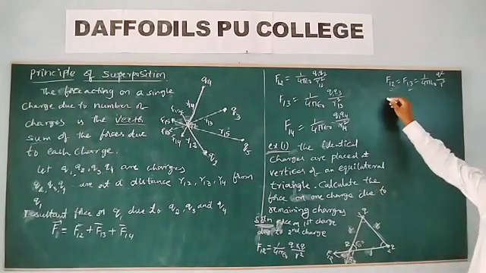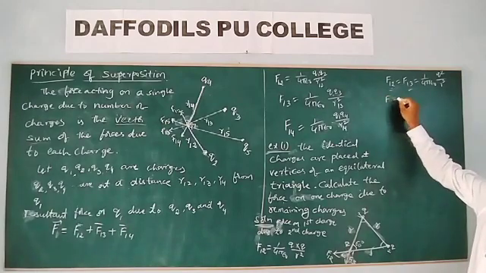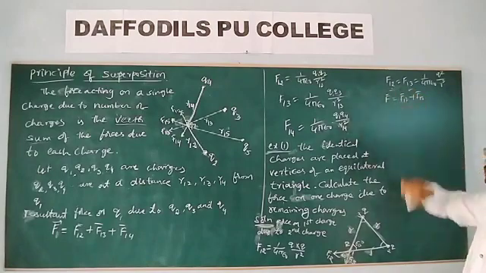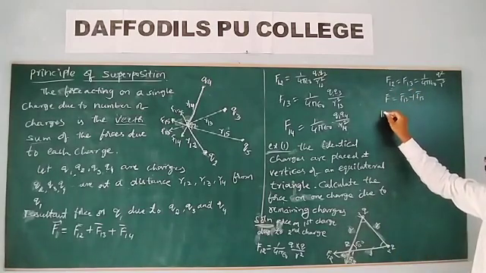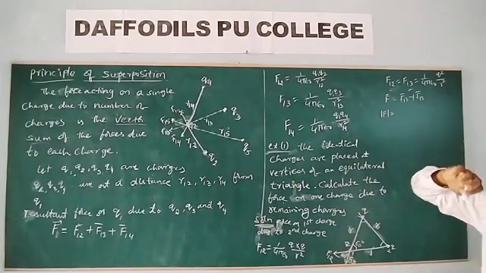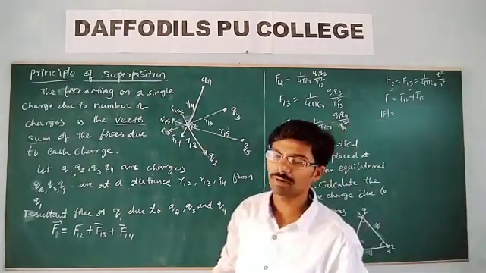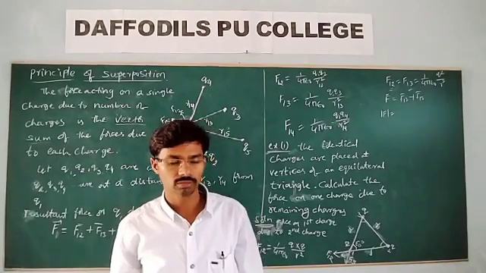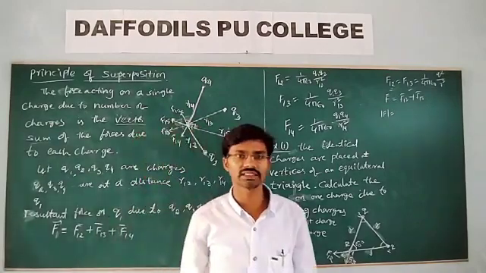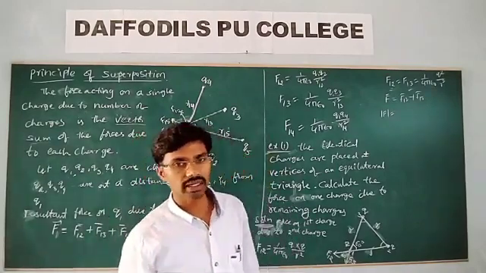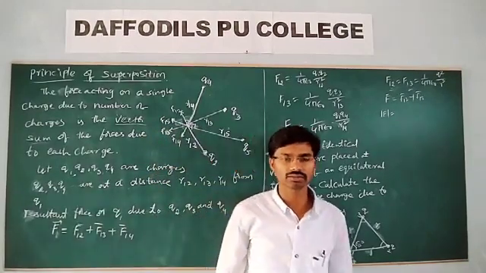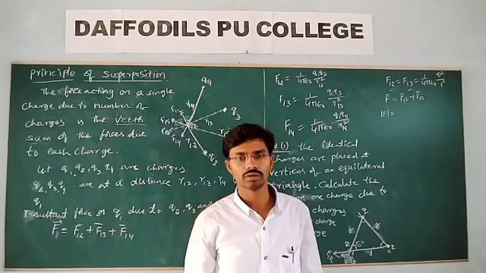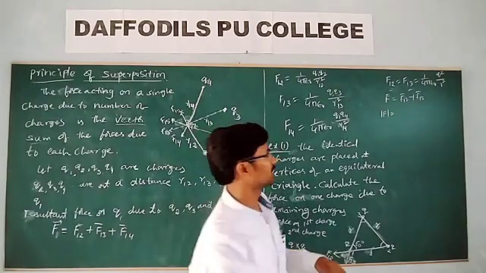Is it? So what can we write here? F bar is equal to F12 bar plus F13 bar. But what would be the magnitude of the force? You can write from the vector law of forces, from the parallelogram law, the magnitude of the resultant R is equal to root of P square plus Q square plus 2PQ cos theta. Is it? Same as that one.